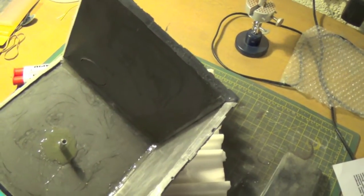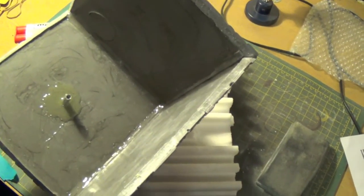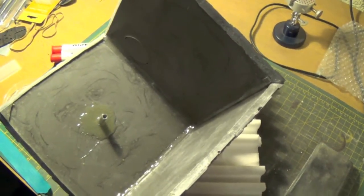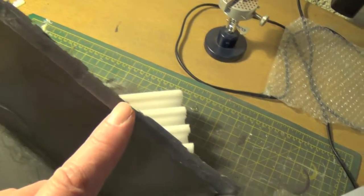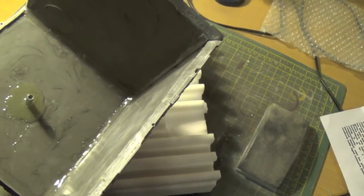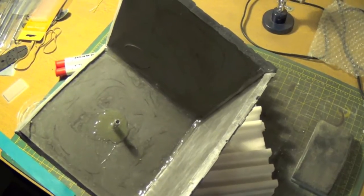So I've glued them all, given them time to harden, more than the 5 minutes they want. But then I've gone back and mixed a shed load more glue up, and put a bead of epoxy resin over the inside, and this was after it had set. So I'm gluing this face of each side piece, gluing them together, letting it set, holding it as square as I possibly can,